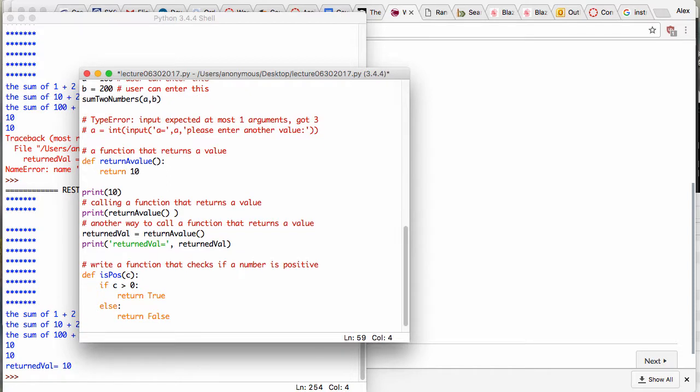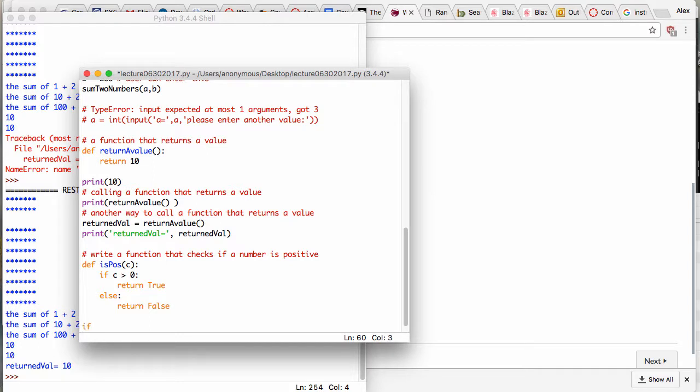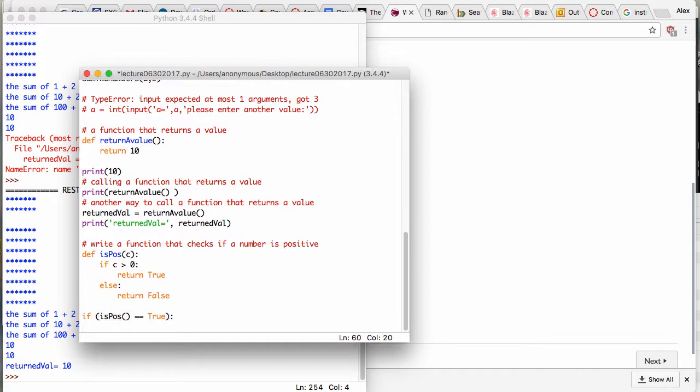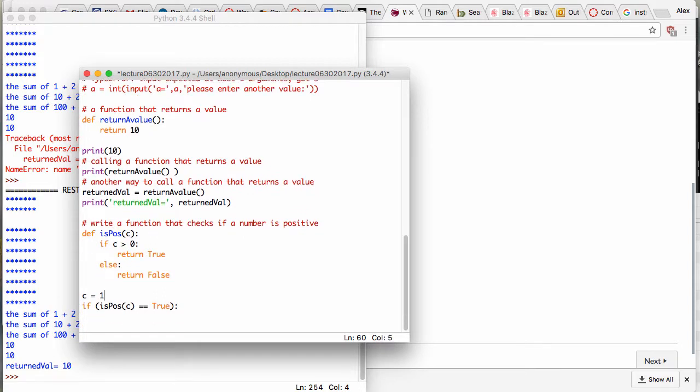Okay? And then what I'm going to do is write another if in here. I'm going to say, okay, if is pos equals true, and the number is c. Oops, c. So let's say c is 1. And again, the user can enter this thing. And if it's true, I'm going to give a message: print the value c